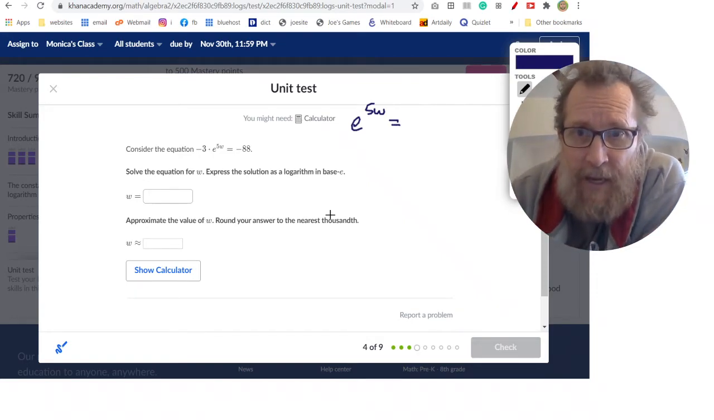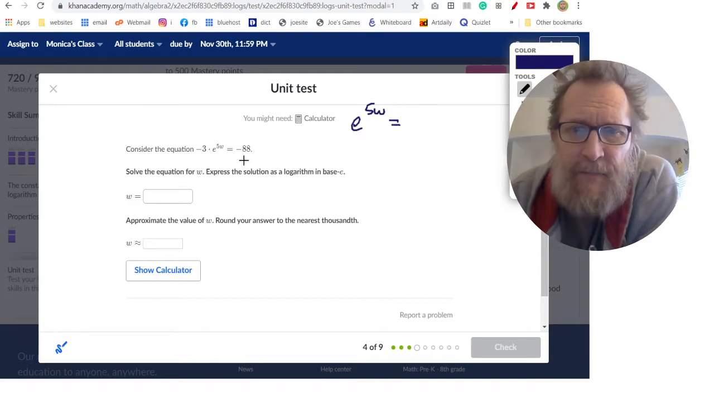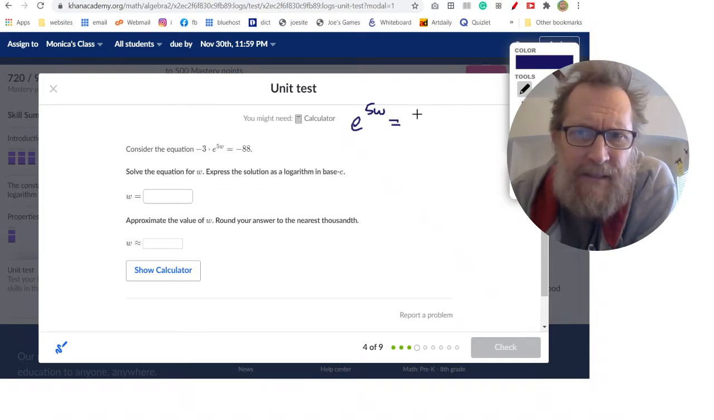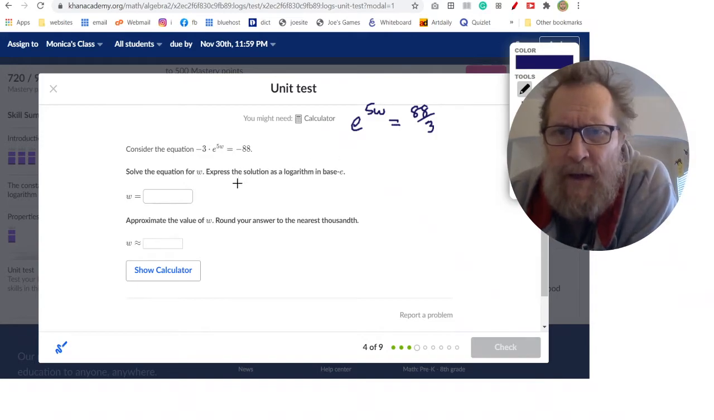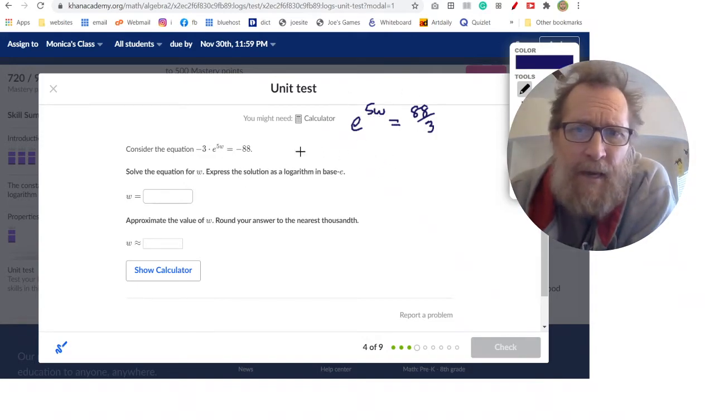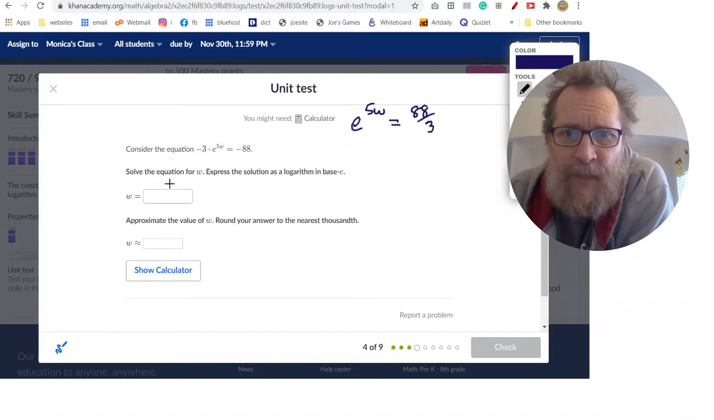Now, where was I? e to the 5w equals 88 over 3. I was going to do that as 29 and a third. Well, no, let's just do it as 88 over 3. Yeah, 29 and a third, but 88 over 3. That's what we're going to do here. And so then they wanted to express it as